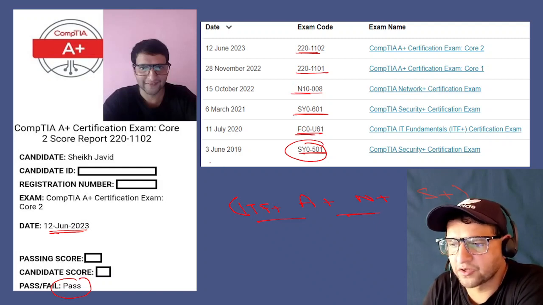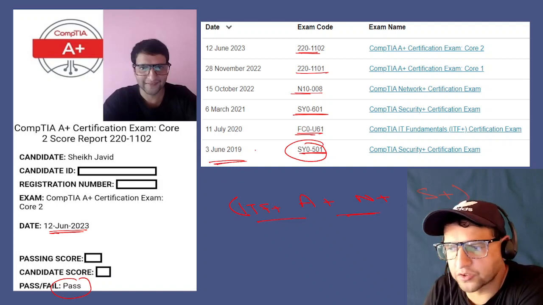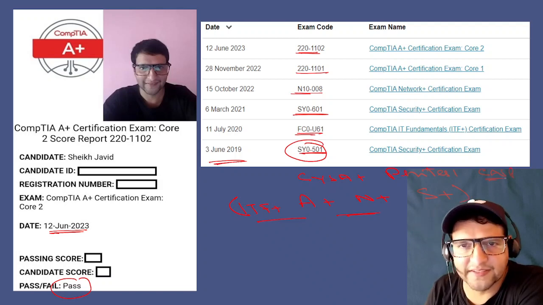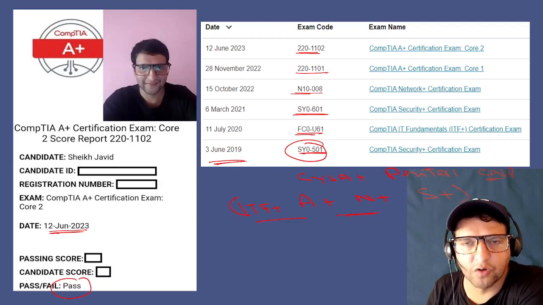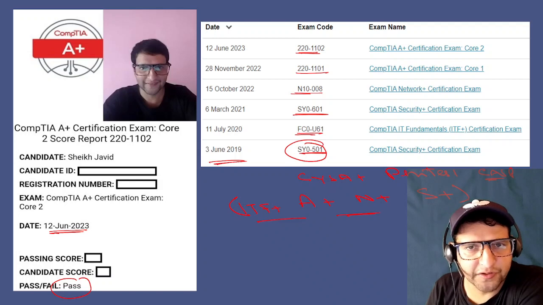For me, since I am interested in network security and cloud, I will maybe do CySA Plus, then PenTest Plus, and last CASP Plus. These are the CompTIA exams I am planning to write, because with EC Council I have done almost all the important exams related to cybersecurity.